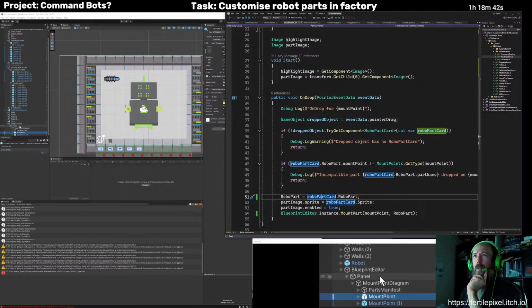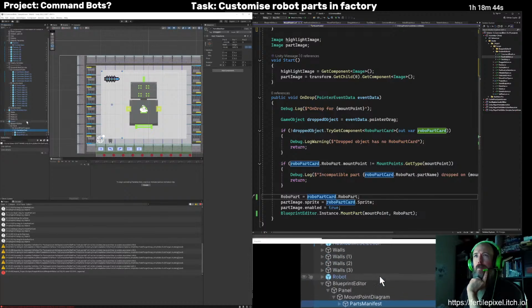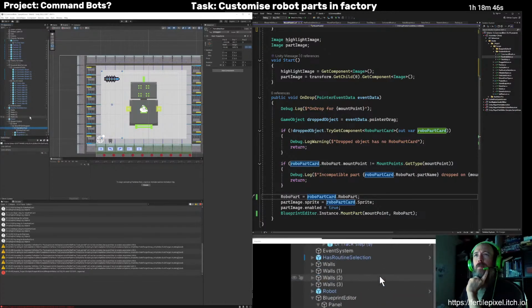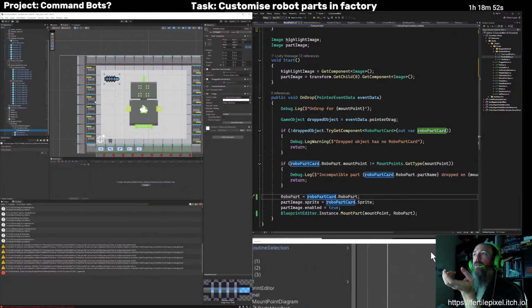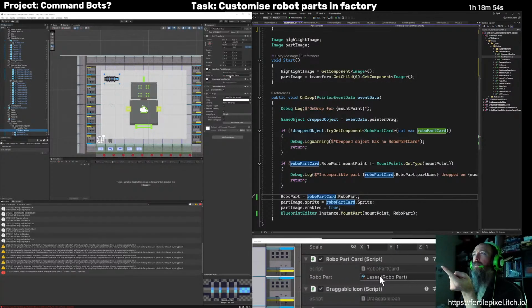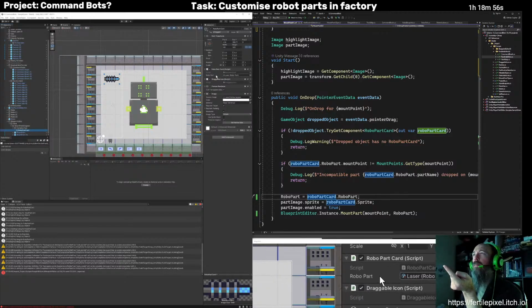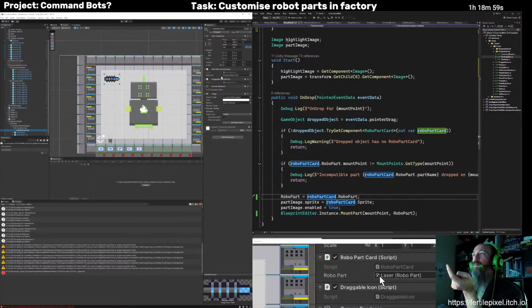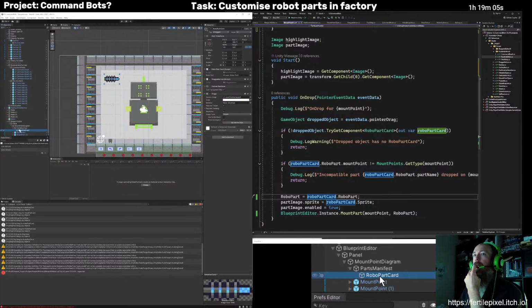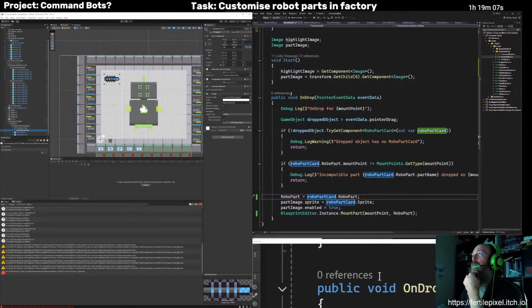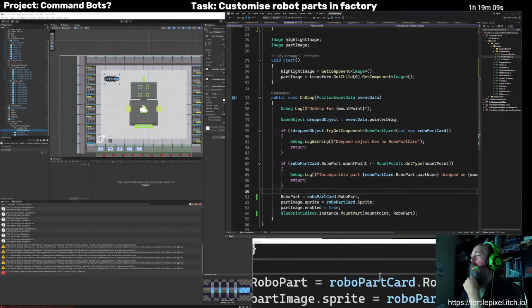Because I think the blueprint editor is ultimately going to have this. There, we've got all the RoboPart cards here, and they have which RoboPart is in them. So I should be able to actually find the relevant RoboPart card via the blueprint editor and have it do the right thing.